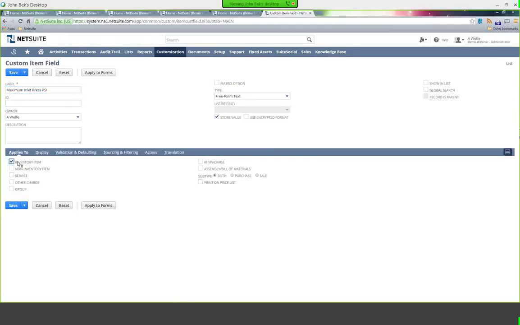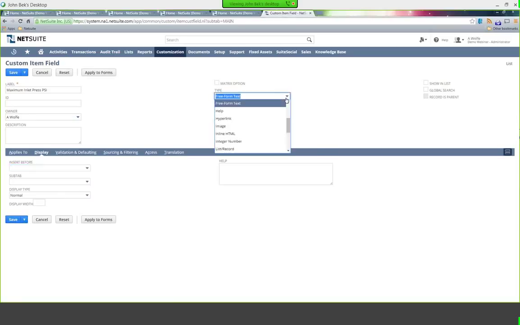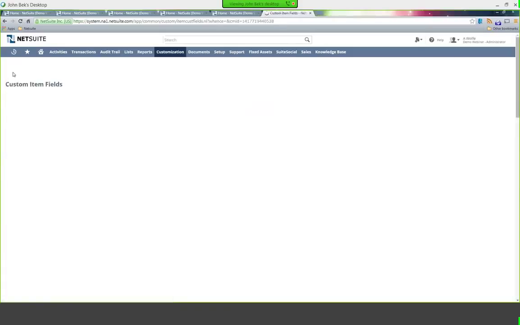And I'm going to say it's for an inventory item, although it could be used in any number of places, if you will. And then I can decide where I want it displayed. I'm just going to let it fall out here wherever I want it to fall out. And then, do I want this to be free-form text? I'm going to leave it as free-form text just to keep it simple, but it could be a list. It could be numeric. It could be a hard-coded list. There's any number, a percentage, a phone number, rich text. There's any number of types of variables that you can control around that if you needed to. So I'm just going to say, save this custom field there.